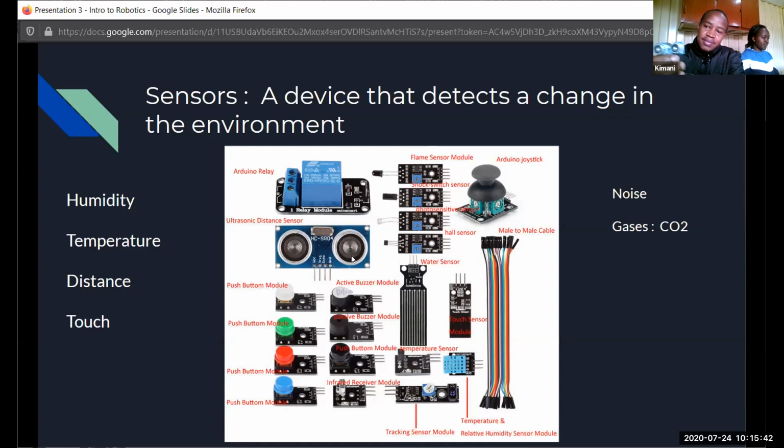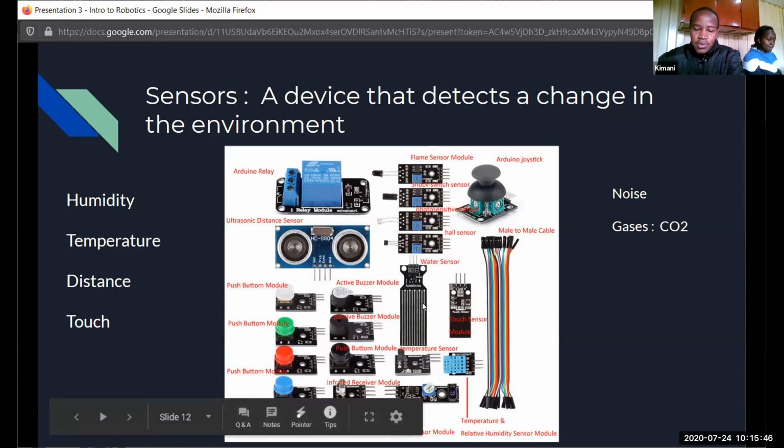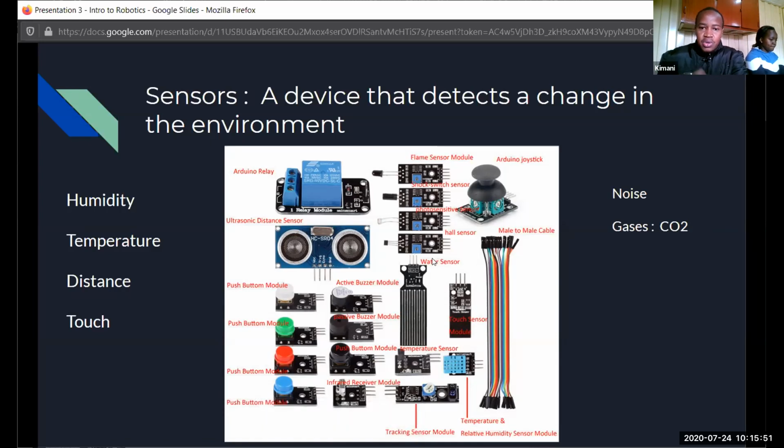So you see this one here. There are very many sensors. There's temperature. So we're going to learn them over time. Okay. And always know,